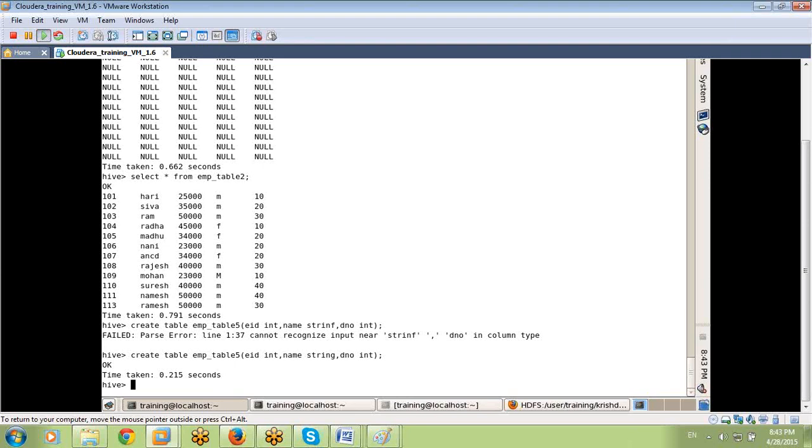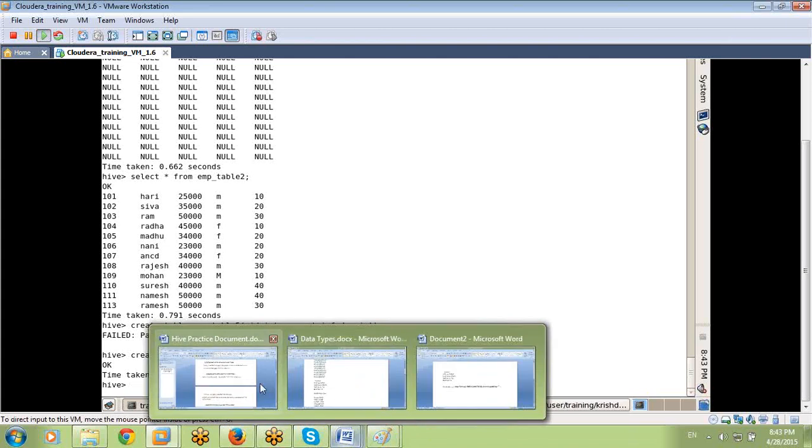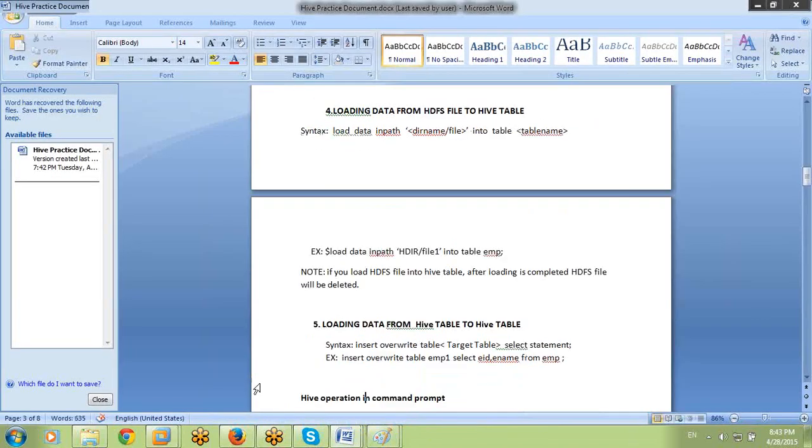Now what I'm doing is I copy the data from emp table 2 to emp table 5. How can I copy with the fifth arrow? One table to another table within Hive only. What is the syntax? Yes, the fifth arrow, this is the syntax. Insert overwrite table, target table name, select statement.